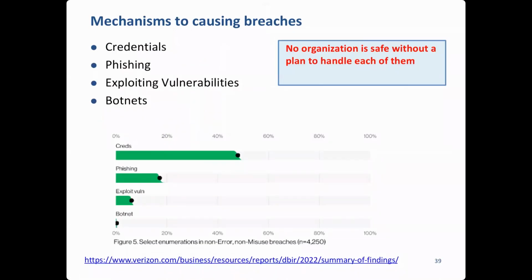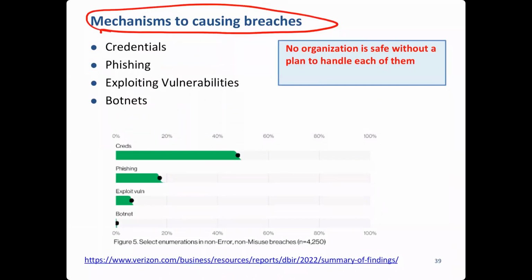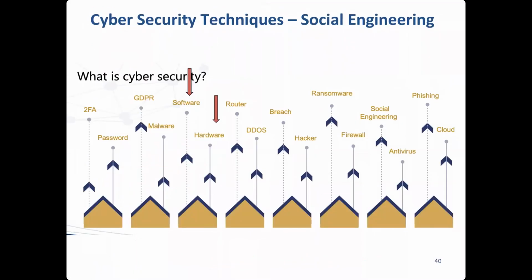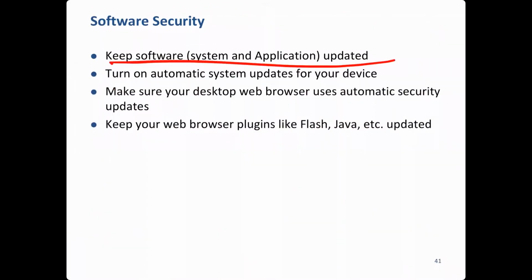And then the mechanism to cause breaches. When breaches are caused, how are they caused? Credential leak is first: somebody gets your user ID, password, etc. Phishing is second, by fooling people and trying to get information by sending an email which sounds very similar to the CEO's email, and then says that you are double promoted or your promotion, and then you click on that and you're gone, right? Software and hardware, we will not discuss much, except that keep your software updated all the time.